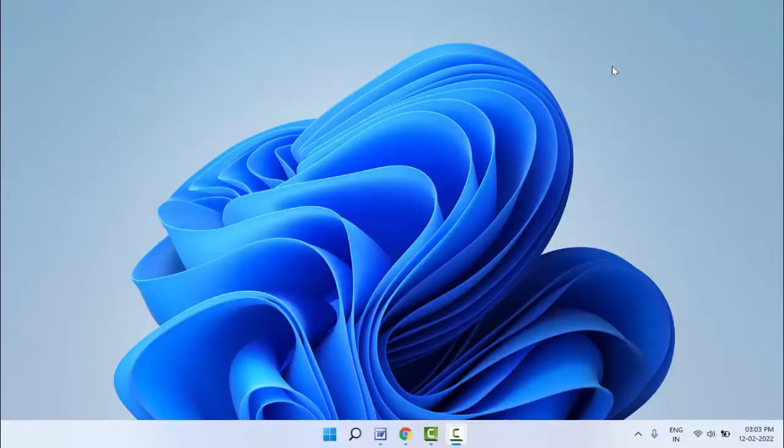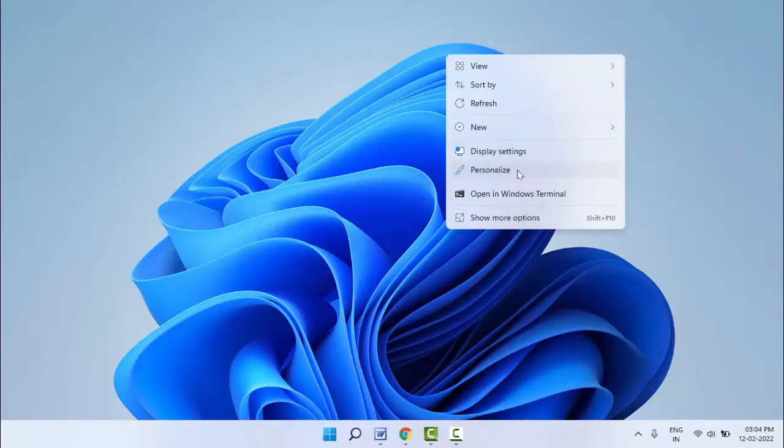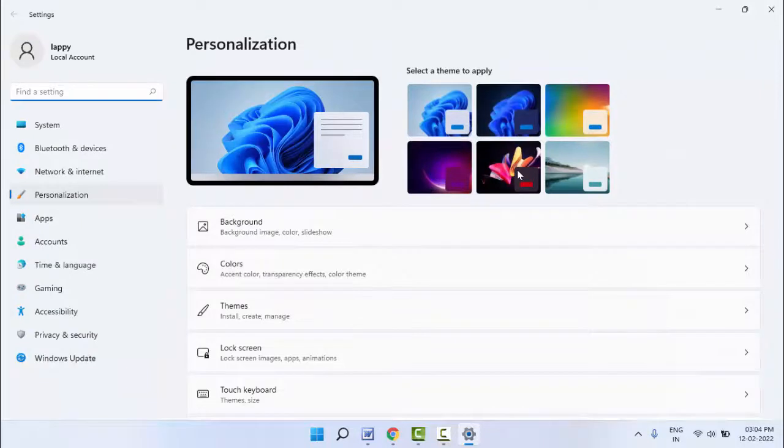Today I am back with one of the most interesting videos. In this video tutorial, guys, I am going to show you how to download and install new themes on your Windows 11 for free. For this, just right click on your desktop empty space and here you can get the option Personalize. Just click and open it, and here you can get this type of interface,